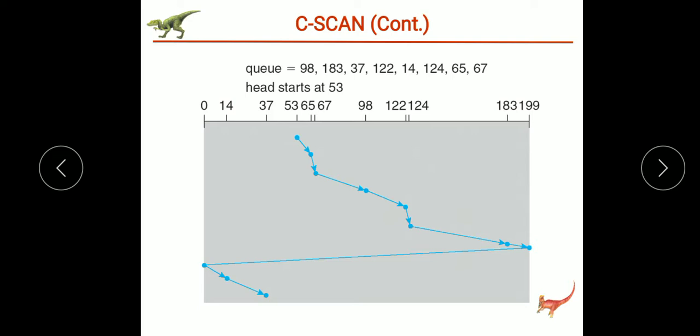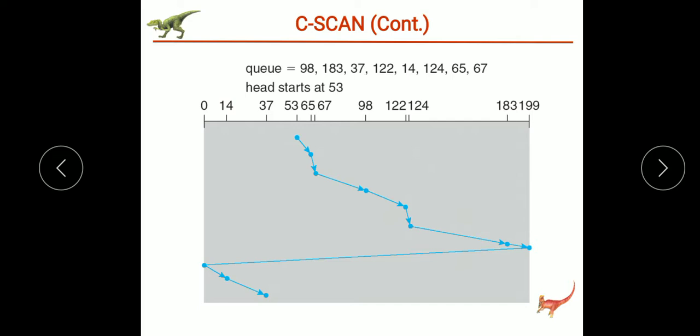But one of the drawbacks of scan and C-scan algorithms is this: if any request arrives in front of the head, then it will be serviced immediately.